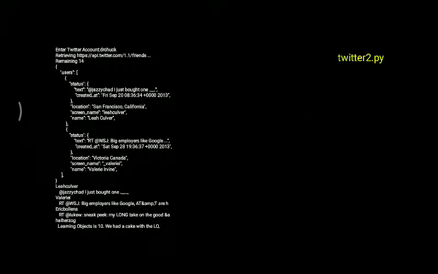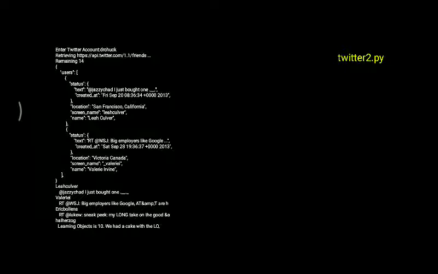According to our previous program, we have to enter the Twitter account, the authenticated account of the author with his own account. Then it retrieves the URL api.twitter.com/1.1/friends, and it retrieves the different users under that.